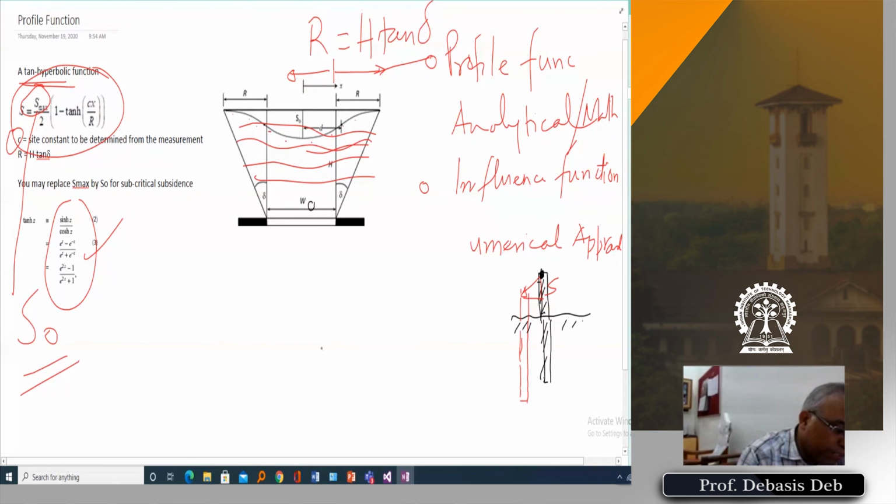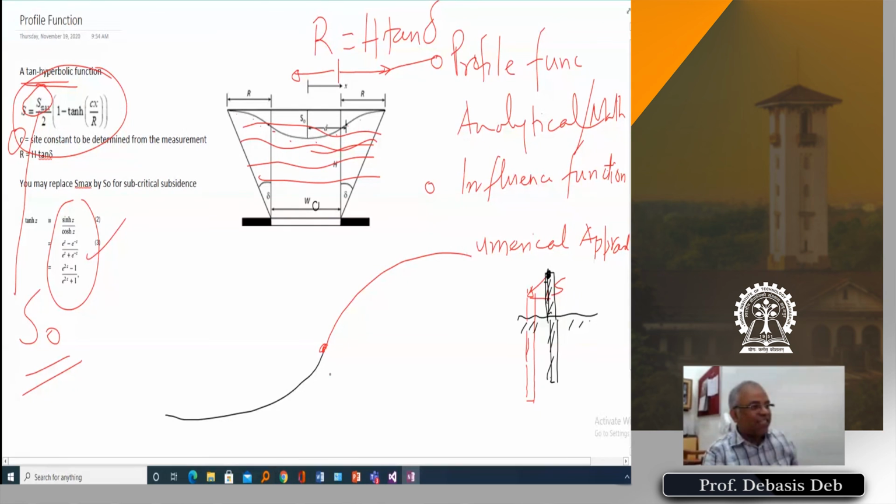See, one will be something like this, another will be something like this. I have drawn very badly. So it's a very distinct two curvature. One is in this direction, one in this direction. So this function inbuilt has these two curvatures, so you do not have to use two equations.